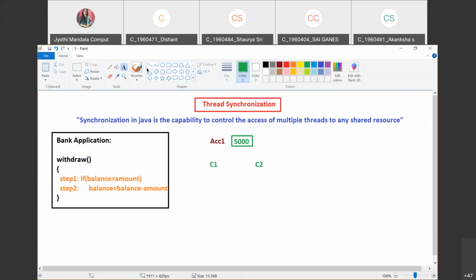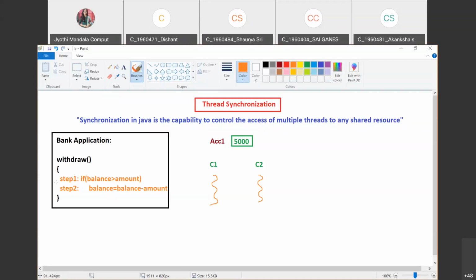In such a case, what we need to do, we will always be considering the threads option, where this will be considered as one thread and this will also be considered as one thread. Isn't it? As we have a multi-threading option, we can perform simultaneous execution of both the threads. Now what is the thread we are considering here? C1 wants to perform the withdraw option and C2 also wants to perform the withdraw option. Whenever this withdraw, wherever it is available in that class, is now a thread.